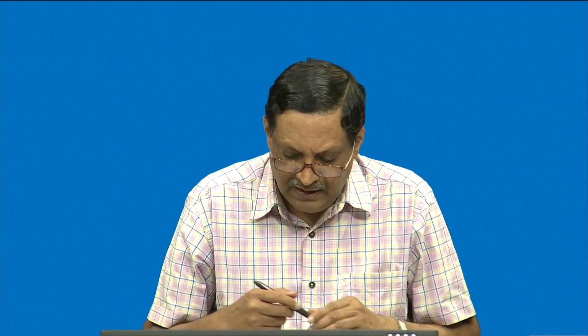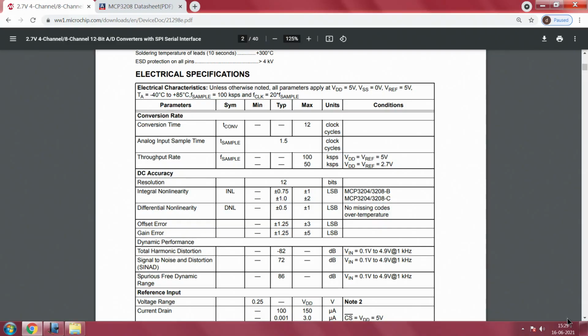How do you choose these components? Unless you know these components, it becomes difficult for you to choose them for your projects. To make you understand this in a structured way, our next task is to understand a few DC accuracy parameters, particularly offset error, gain error, and then we will just touch upon integral nonlinearity and differential nonlinearity.